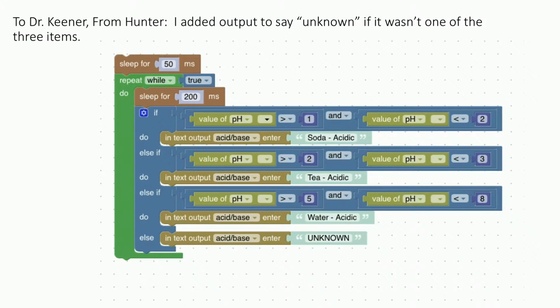Excellent. Thank you, Hunter. And Hunter did that. He emailed me his program, which I'm taking a look at here on my screen. He has sent this over to me, and I'm taking a look at the program. I'm seeing how it's written. I'm taking a look at his video. I see exactly what he did and how he tested it, and I'm very proud of the work that he